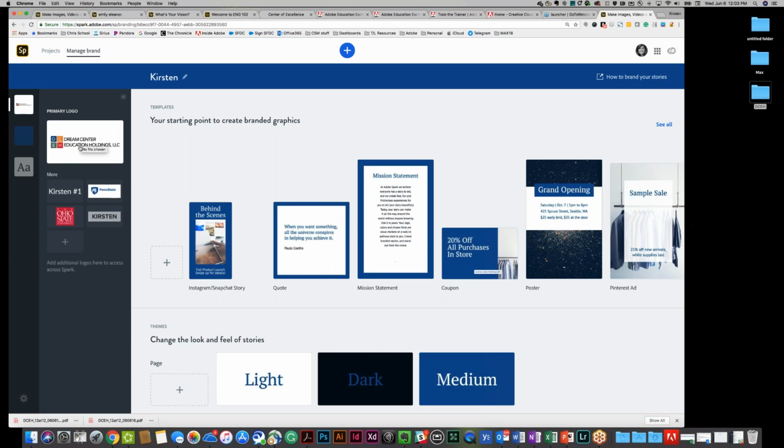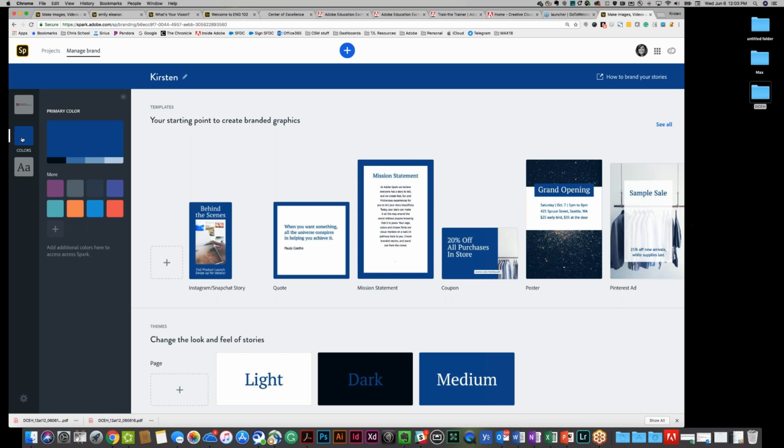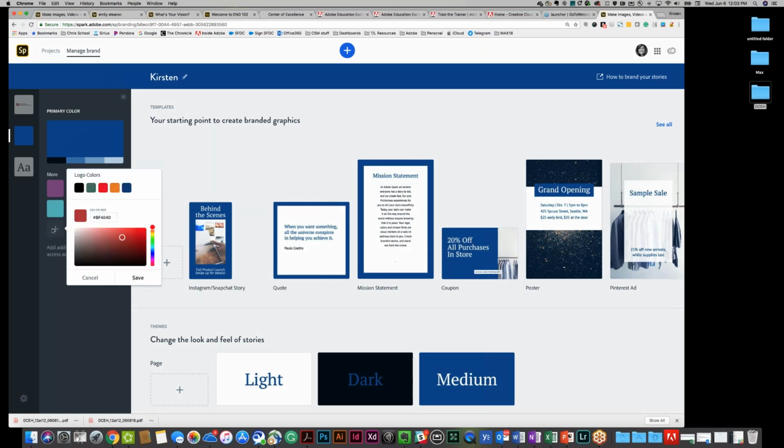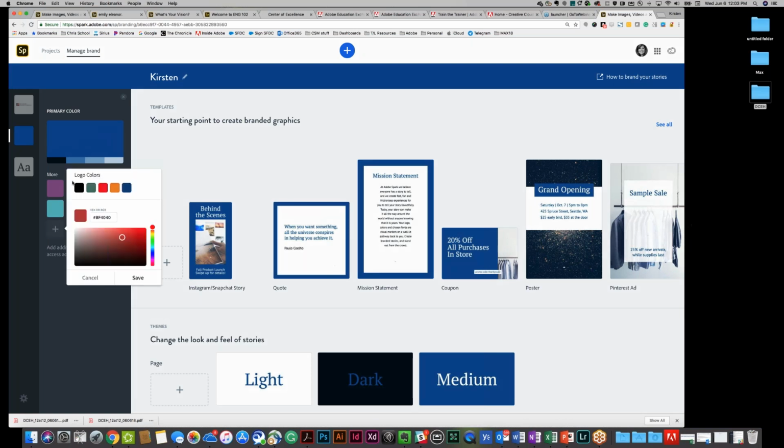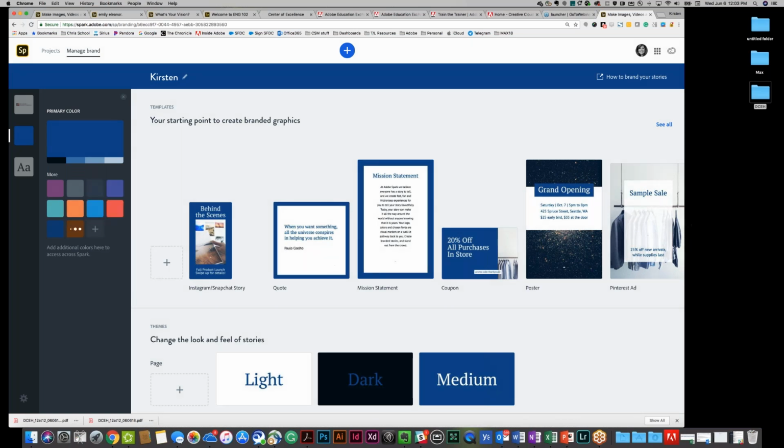So I've changed the primary logo over to this. I'm going to click on colors, and I can select any color that I want. But if I click on this plus button, it will actually pick up the colors from the logo that I uploaded. But you can also add in hex or RGB colors if there are additional colors that you want to add to your palette. So I'm going to go ahead and save this. And we are going to add those 3 colors in here. Save that blue. I'm going to save that orange, red,